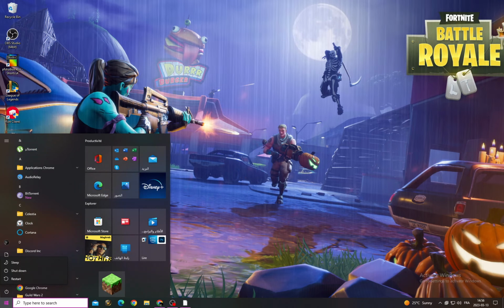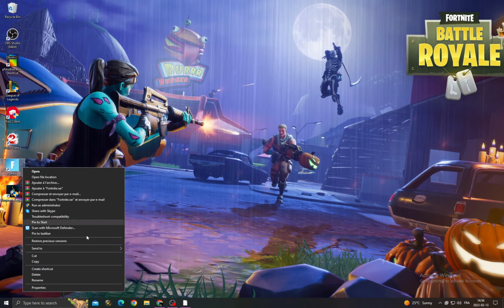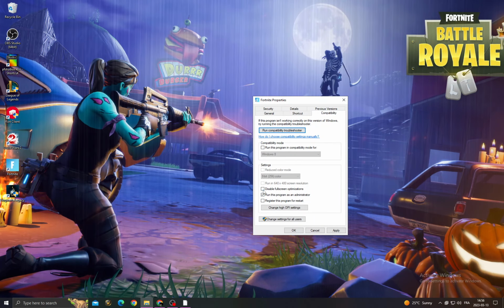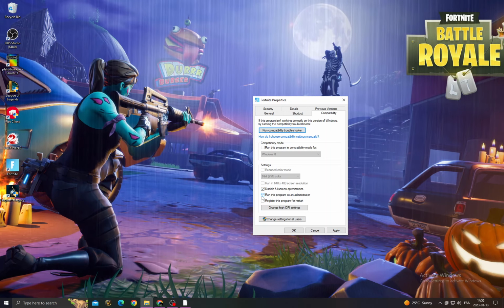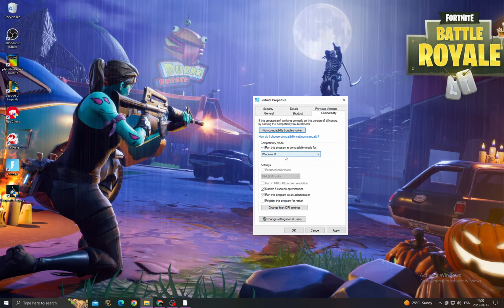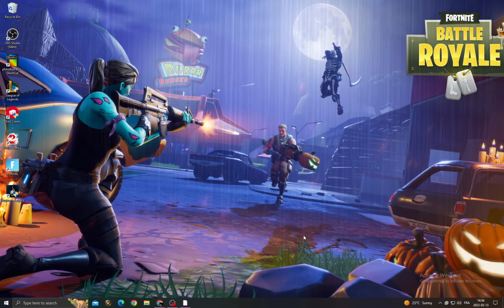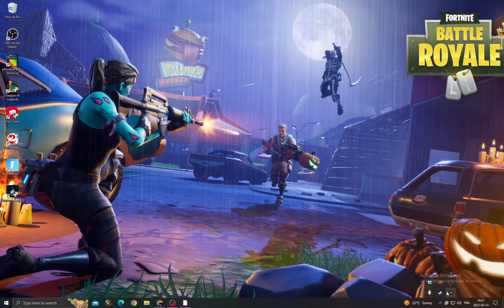Restart your PC, and after restarting your PC click here, right click on Fortnite and go to properties and then compatibility, and after that turn on those two options, check those two options here and first one and select Windows 8, then click apply and OK, and after that just turn off all applications that you don't need in the